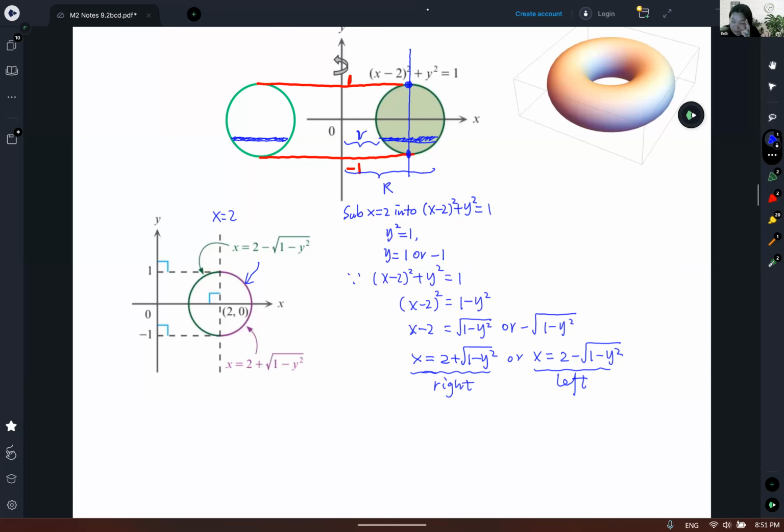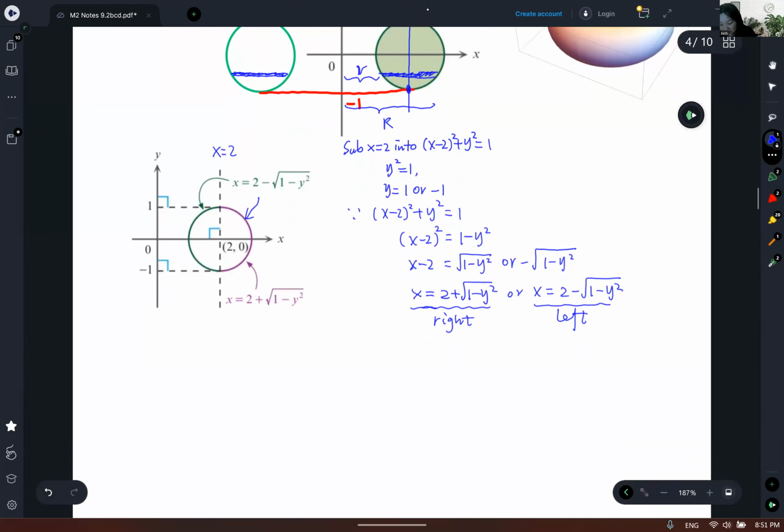One x is smaller than 2. One x is bigger than 2. And then from the solution, one solution is bigger than 2. One solution is smaller than 2. And then you can assign them to different halves of the circle. In this case,